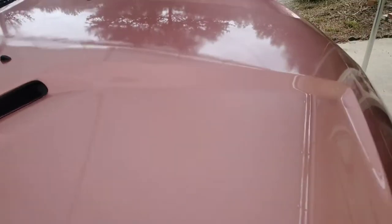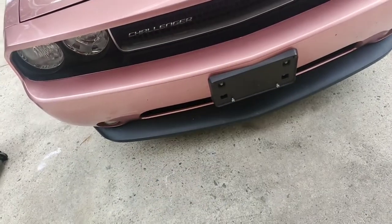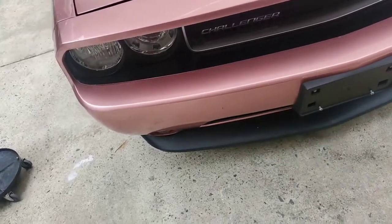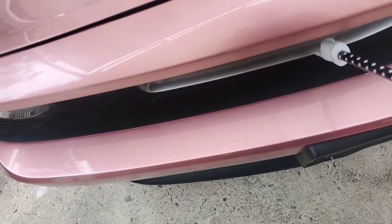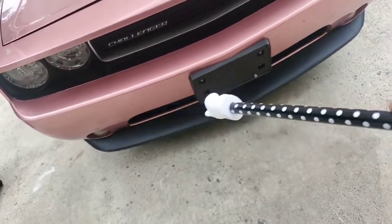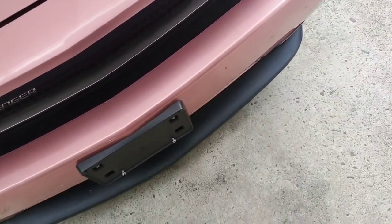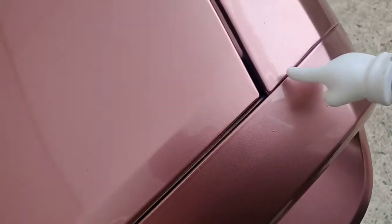Man, lots, as you might imagine, lots of bugs and stuff on the front end. That's all part of the strip washing process. And that piece of vinyl, plastic, whatever it is, not in bad shape. That spoiler's not too terribly bad. It ought to spiff up quite nicely. All kinds of bug splatter. Oh my. Rock chips,